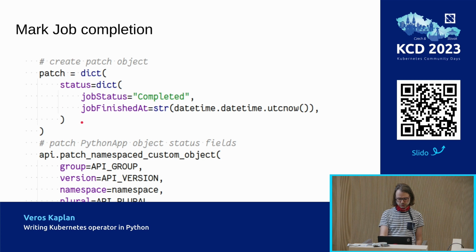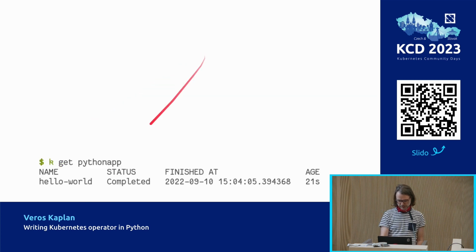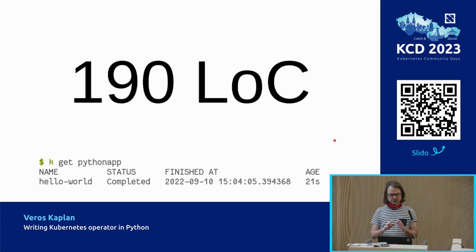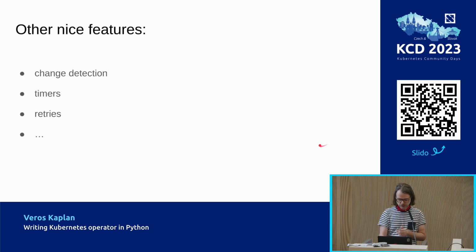Yes, it's able to do some patch, and you see the job is done. This simple proof of concept Python operator for running Python scripts took me about 190 lines of code, which is pretty impressive to me. Because, well, in Go, it would take me much longer and probably more code than this. So, what can Kopf do